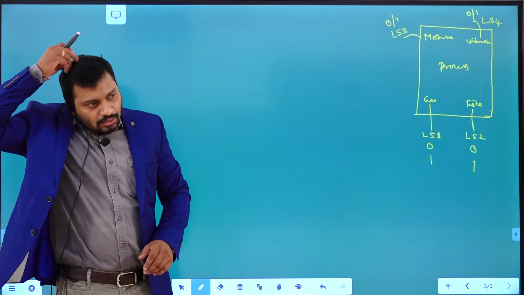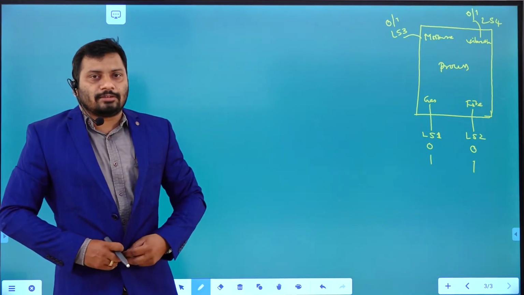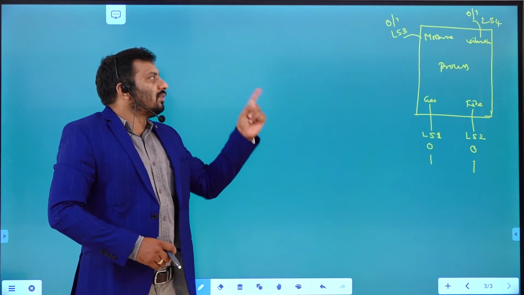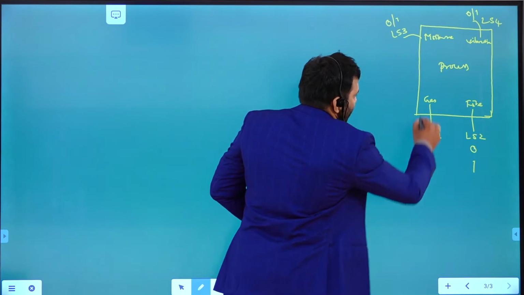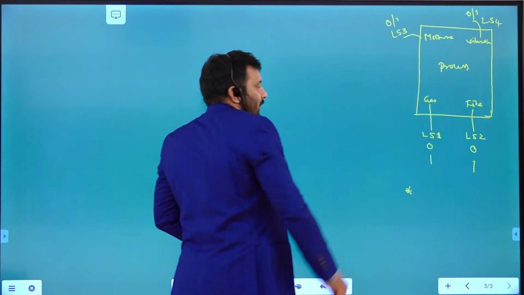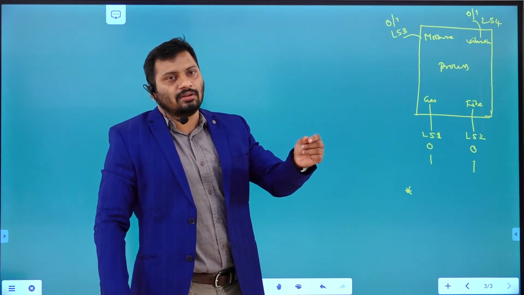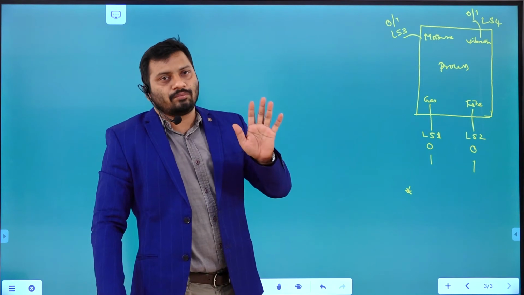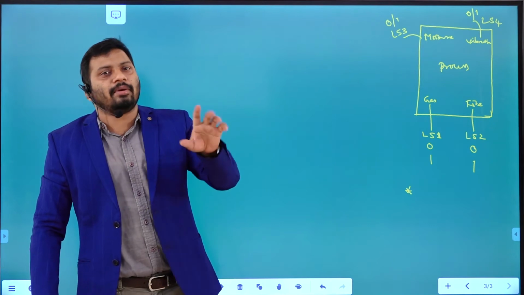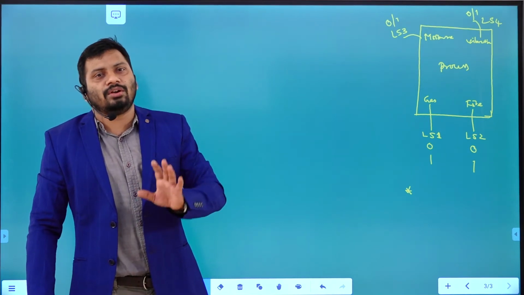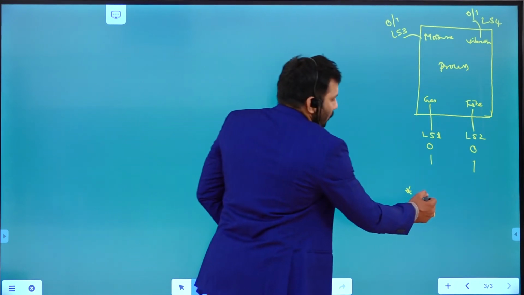So now we are going to write a program like this. If any one of the four is not under control, no need to bother, right? First, if any one of the four switches is out of control, that means maybe gas has some disturbance, but the remaining three are good, so it's okay, no need to bother. For example, fire crosses the limit a little bit but all the rest are okay, so it's okay, right? No need to bother. Like that we plan to write the program, so no need to indicate, right?